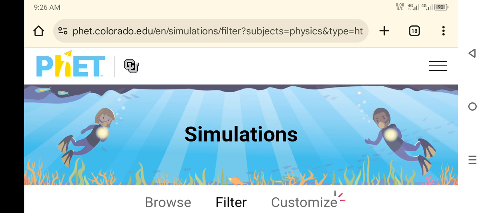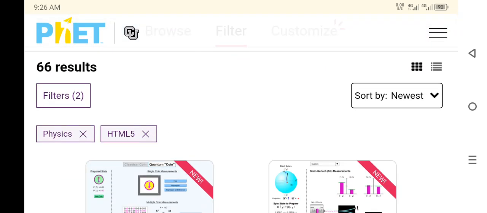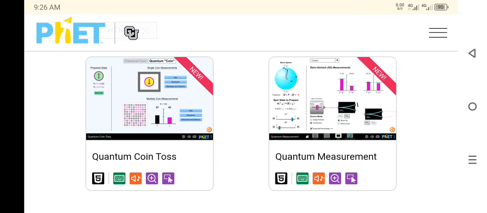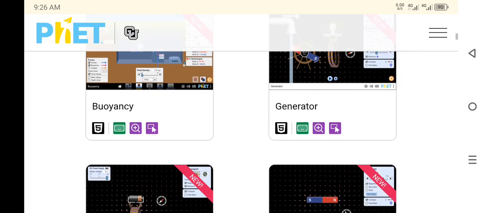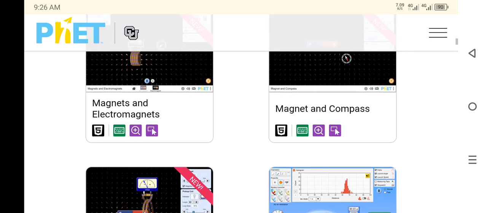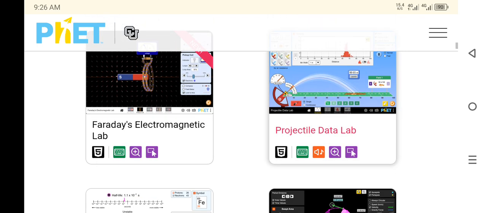As usual, I am going to use the PhET simulations. I told you that PhET means Physics Education Technology. It has been developed by the University of Colorado to be used as an alternative when you do not have a well-equipped physical laboratory. So I suggest all teachers must use these simulations. We have many simulations in different subjects: physics, biology, chemistry, mathematics, and earth science. So you can go to Google, browse PhET, then fetch the simulation that you are going to use in your subject.